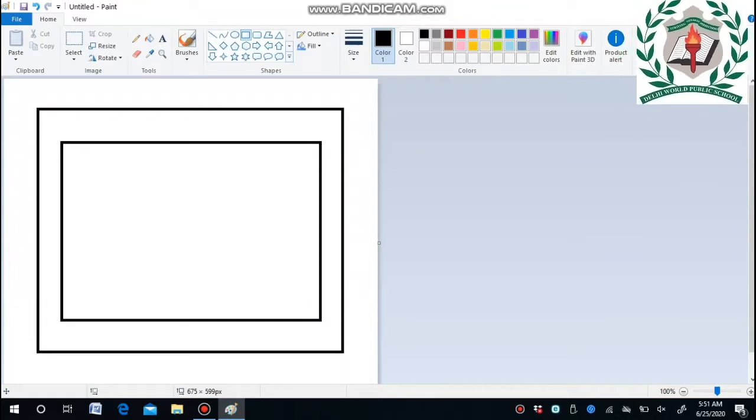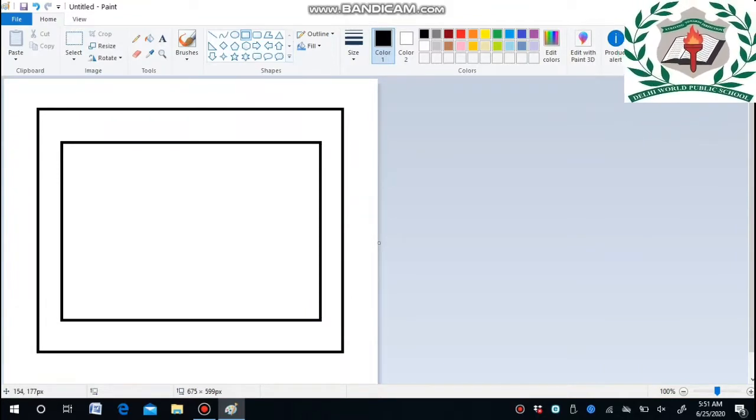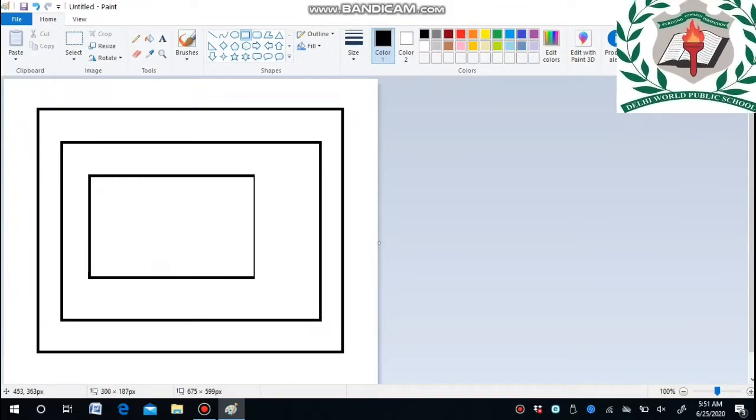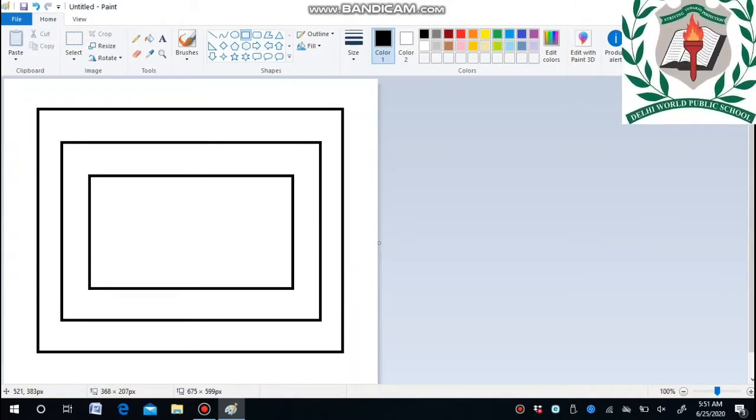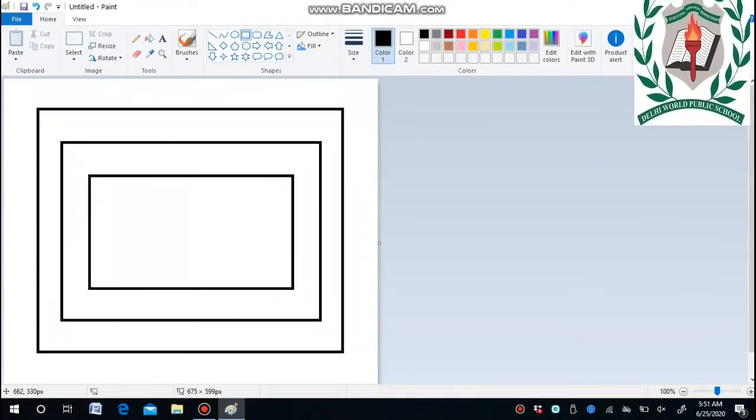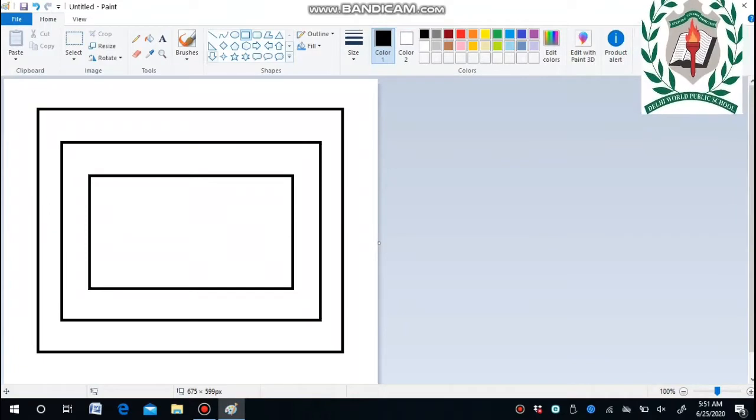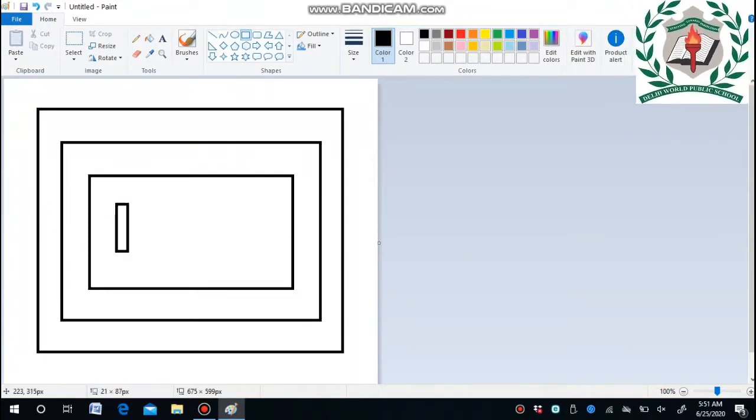Each time, if you want to make it two times, in the triangle or rectangle, whatever shapes, patterns, it depends on the pattern designs. Each time you just click the shapes and then drag it.